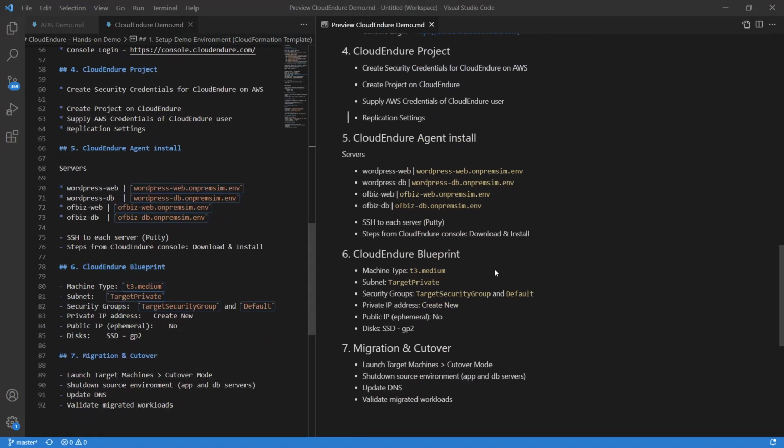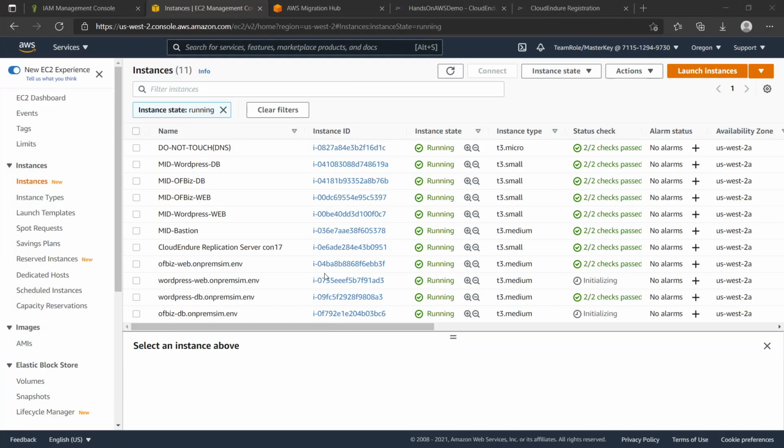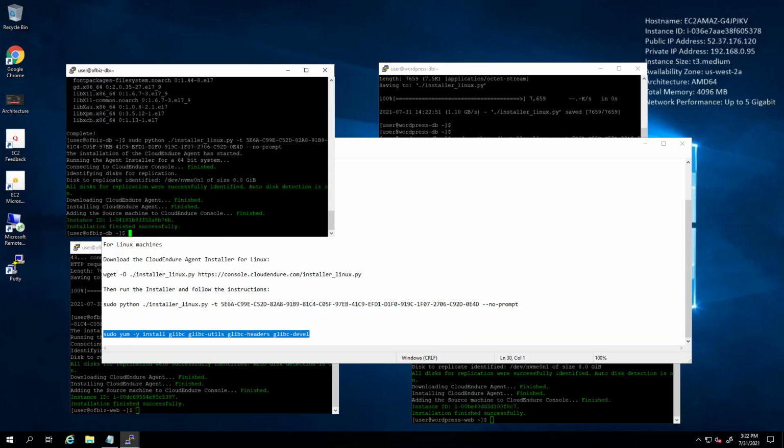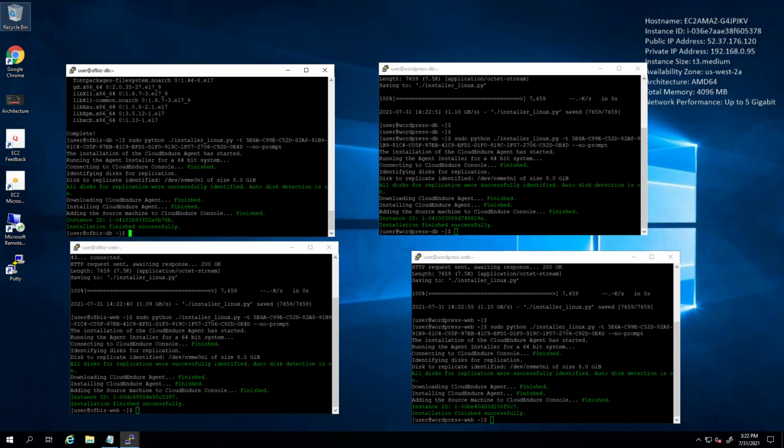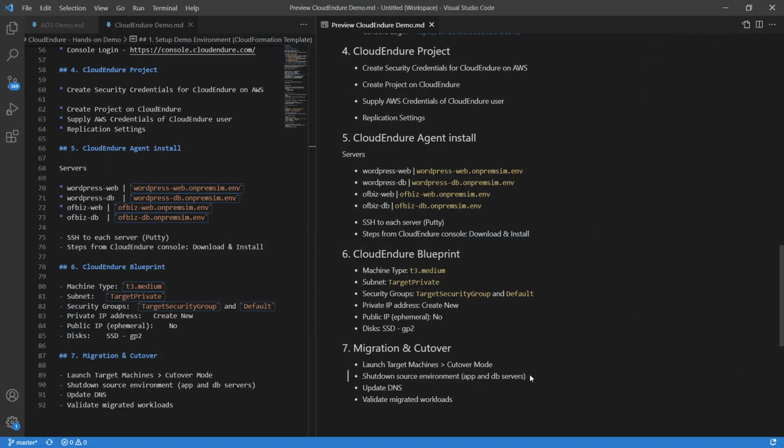What we will do now as the next step, after launching the target instances in cutover mode, is go ahead and shut down the source environment, which is the app servers and DB servers for both applications in our simulation. To do that, we'll once again go back to our Bastion host, and we will use the shutdown command.